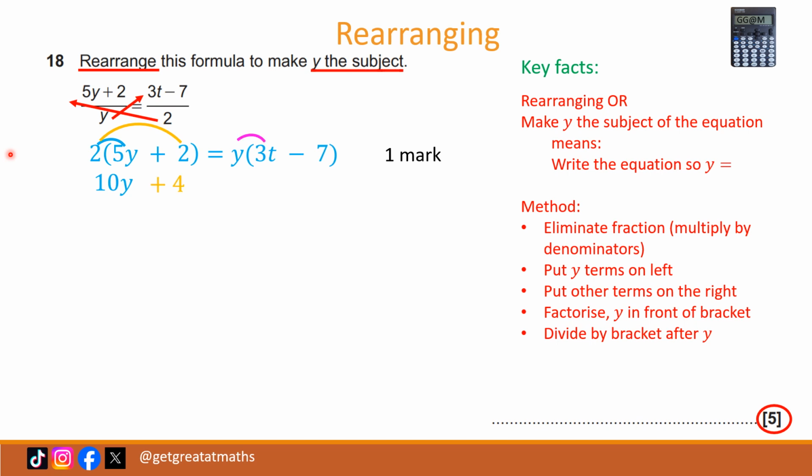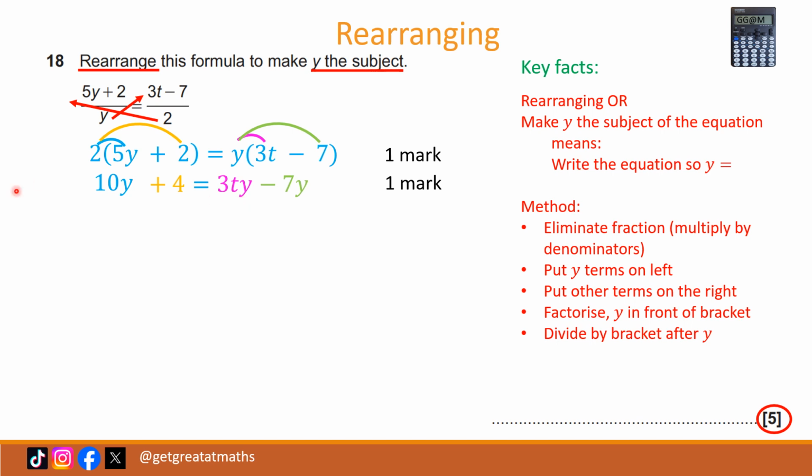Then I've got to multiply y times 3t, which gives me 3ty. It doesn't matter the order that you put these letters in. I've just put the y term last because we're going to be collecting y terms, so I've put the y term on the end. It could go in any order in here. Then I've got negative 7 times y, which gives me negative 7y, and that gives me my